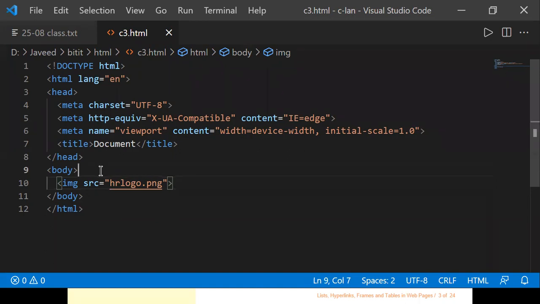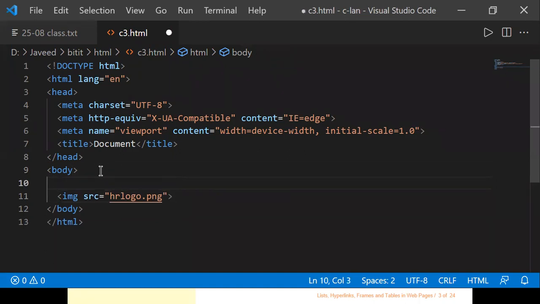Now where I'm present, I'll do one thing. I'll write the comments there, the HTML comments. Remember, HTML comments are written with the less than symbol followed by the exclamation mark, double hyphen, and then ending with double hyphen followed by the greater than. So this is called a comment there. That means it's a non-executable statement.